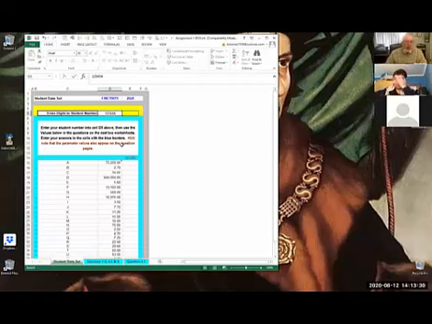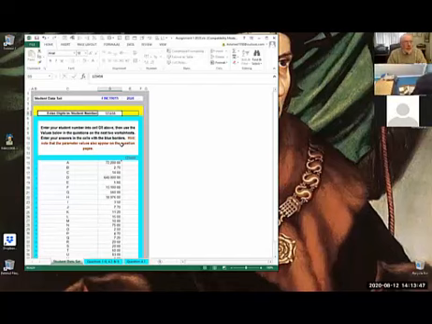Hit return, and what turns up is a whole bunch of numbers, a whole bunch of values. These become the values for the parameters of the various computations that we've been doing over the last few weeks. We're going to be doing this week, and these are the numbers that you're going to be using in the questions.